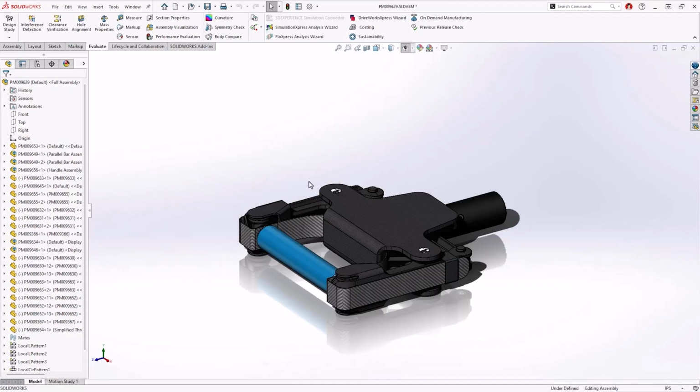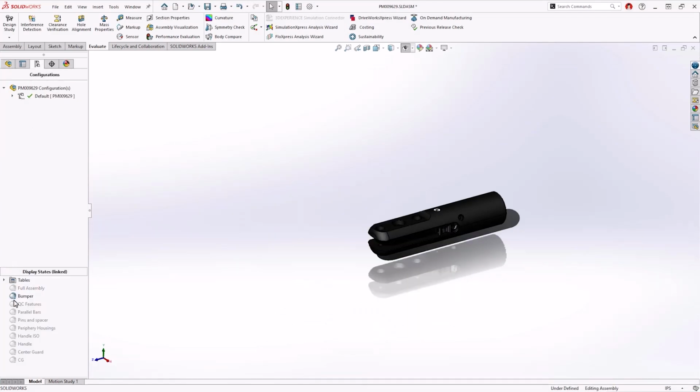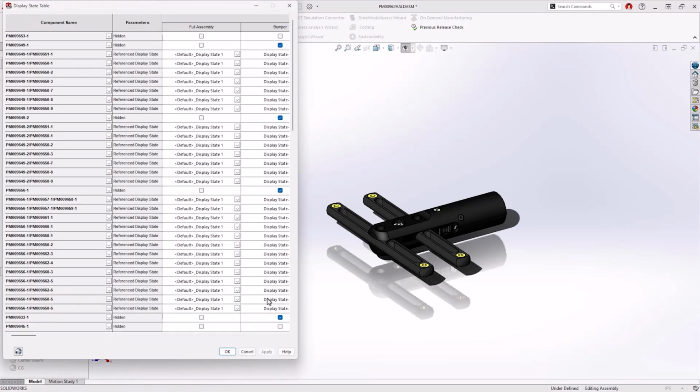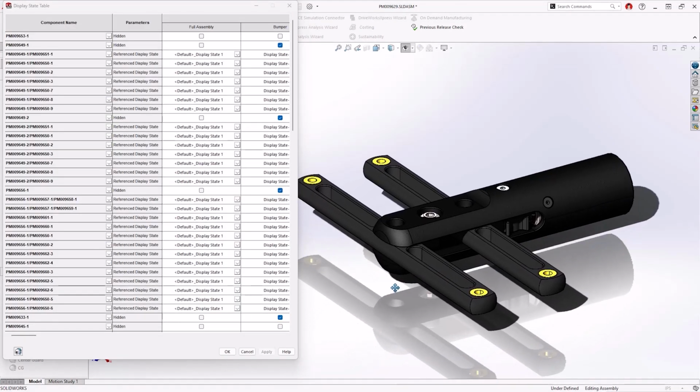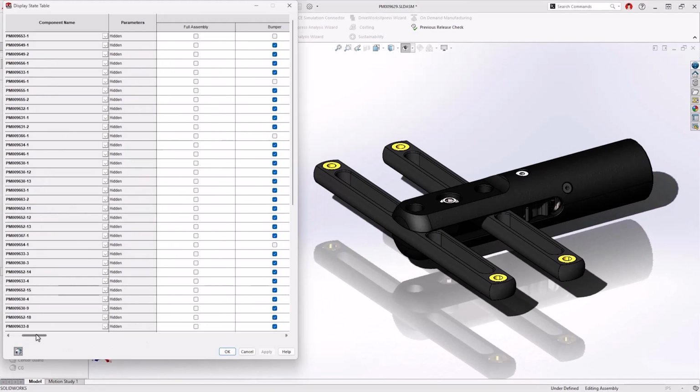This handle has multiple display states created, which is a great way to represent the model by recalling hidden and shown components, alternate appearances and more without having to change the underlying geometry or modify configurations. However, when multiple display states are created, it can become difficult to manage all of these. 2025 now introduces a table that automatically compiles display state information for each component in the assembly and each display state that's been created.